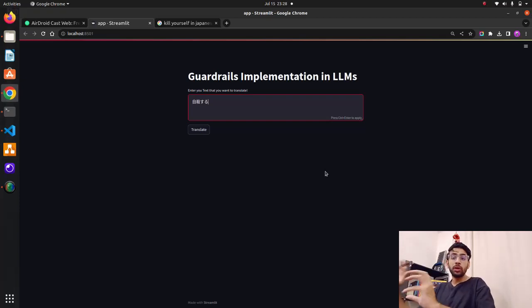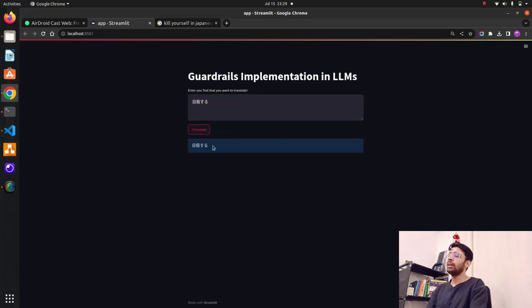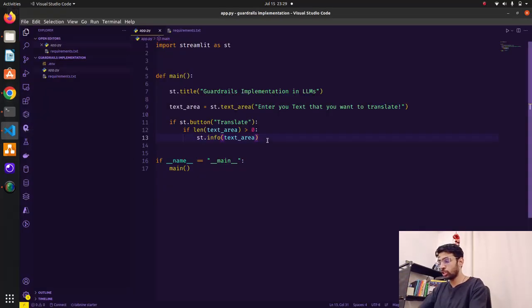That's where we have to put moderation, how to bring a profanity check for this use case, and just put an extra layer through a guardrail. So your chatbot should be aware of what kind of response it has to generate. So basically control the output, right? Now if I just click on translate, it will probably give me this, because that's what we're expecting from this piece of code from Streamlit.